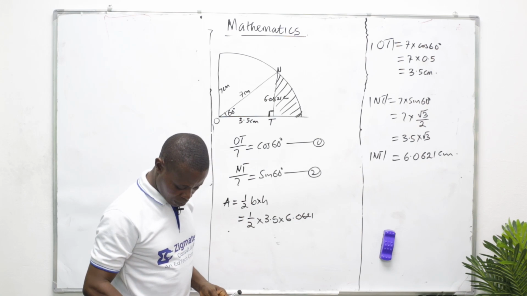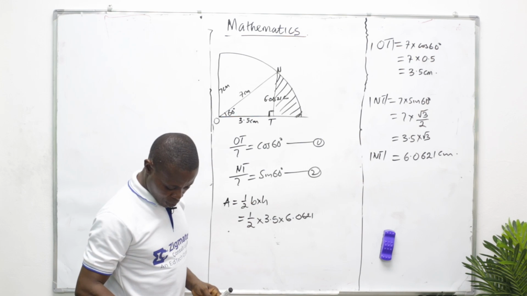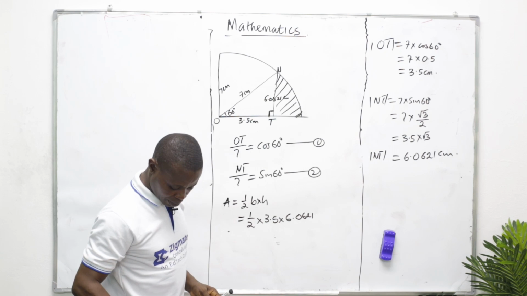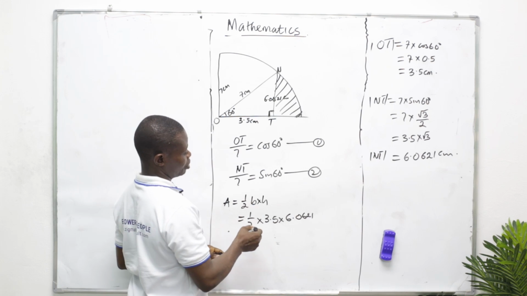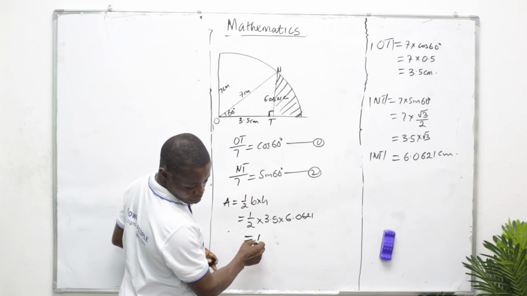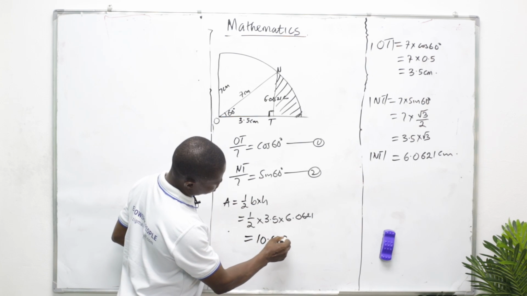That is 6.0621 times 3.5 divided by 2. That is, the area of the triangle is 10.6086